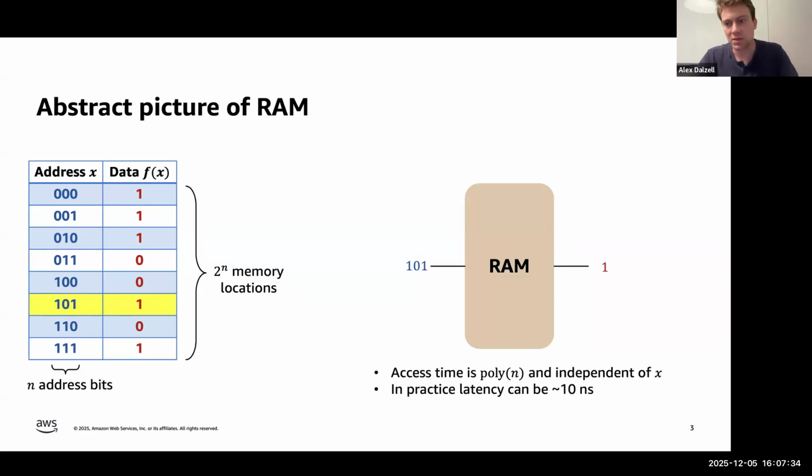Now, it's commonly assumed in the analysis of classical algorithms that RAM can be performed at cheap cost. So cost scaling polynomially at worst in the number of address bits n, which means polylogarithmically in the size of the data set f. And this assumption is sort of borne out in practice because we can construct semiconductor chips that implement this RAM operation for extremely large data sets with extremely low latency and energy costs and other sort of cost metrics that we might care about.